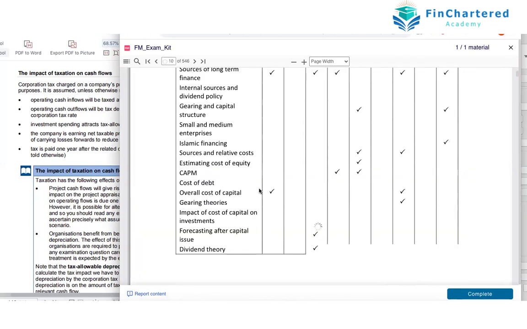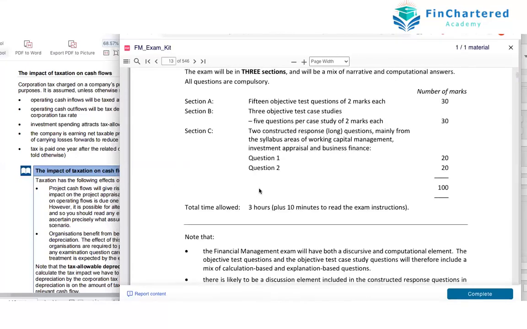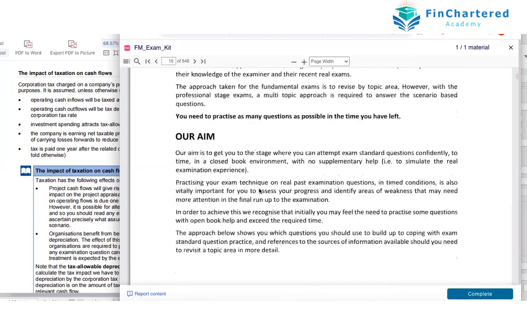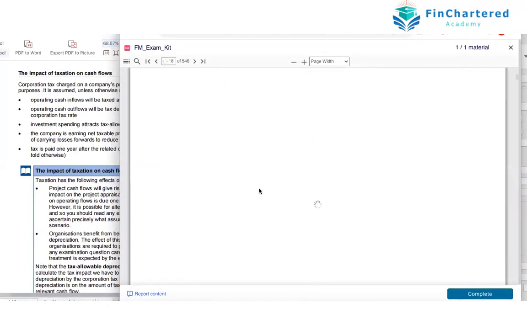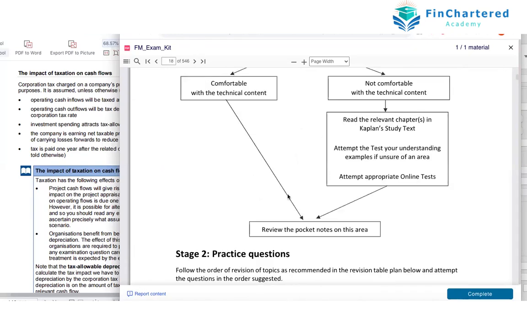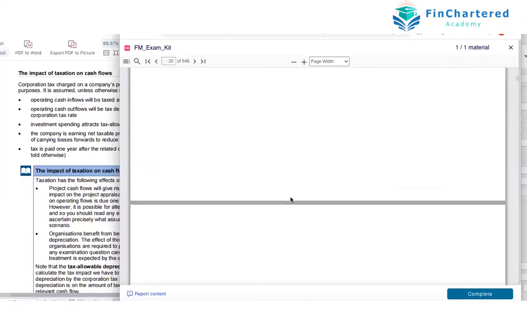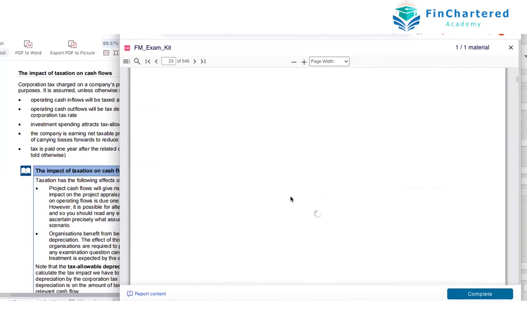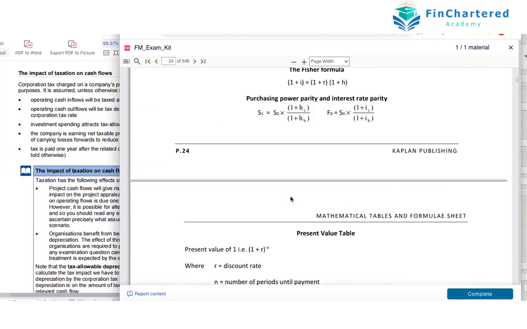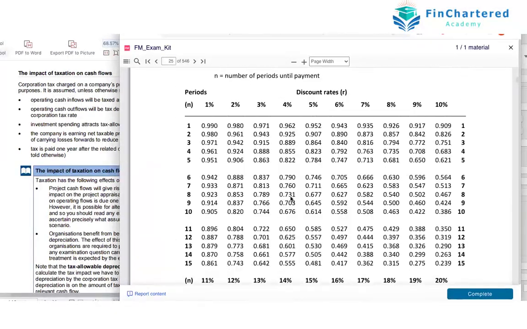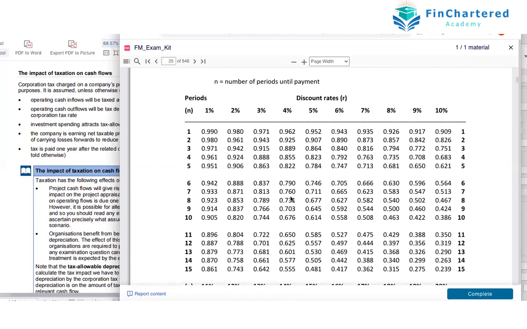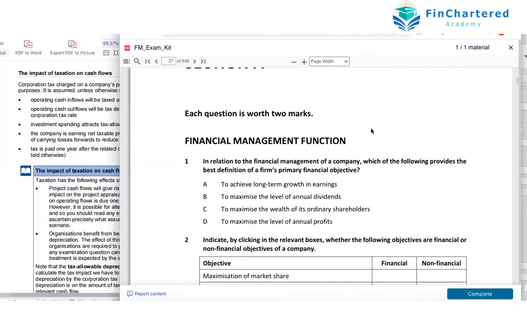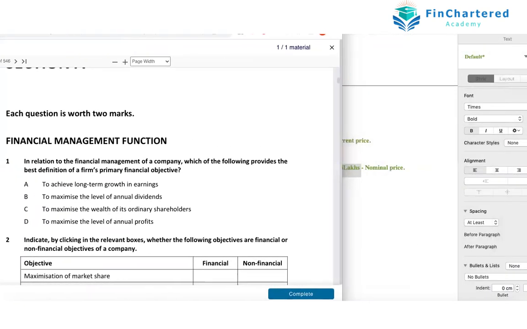So you see, you have the Kaplan kit. And again, ideally, you should be in a position to start solving the kit. Okay, and again, just a few tips on the kit, guys. When you start the kit, it is normal to feel intimidated, it is normal to feel scared, and it is normal to feel that you don't get it. And you see, you have your tables here. Yes, panic is very normal. You have your discount rates, you have your annuity factor table in this, so you can use that, right? It is very, very normal.